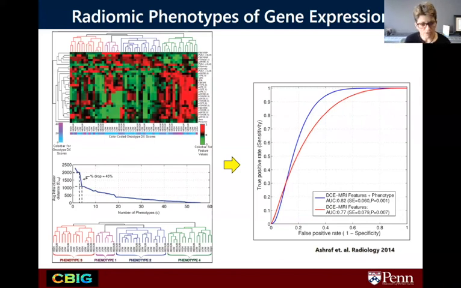And I mentioned that we can start thinking of imaging in a similar fashion: if we're extracting features in a high throughput fashion, then we can start thinking about imaging as a high throughput assay, a phenotypic assay. In this graph, every column represents a tumor. Our sample was not done with a biopsy, it was done with an imaging modality.